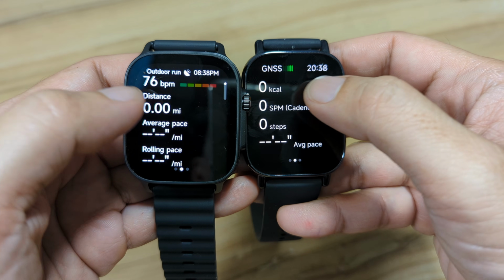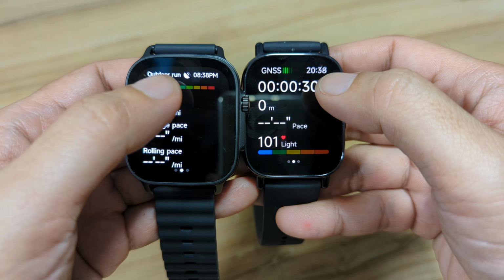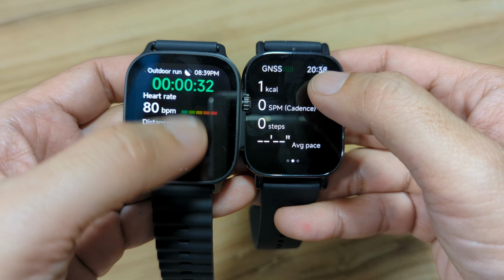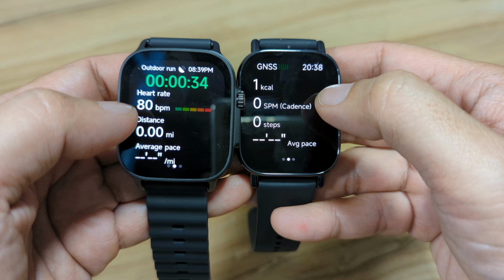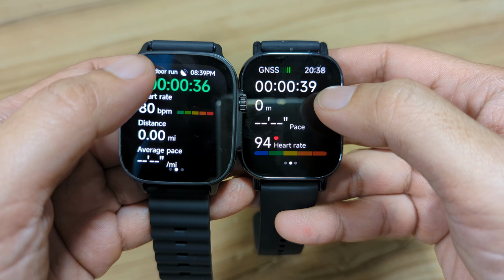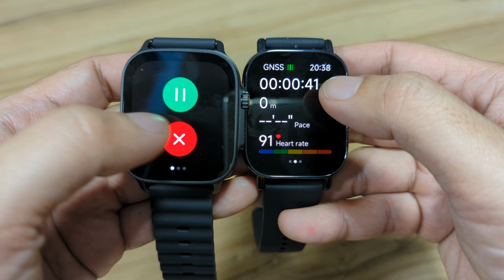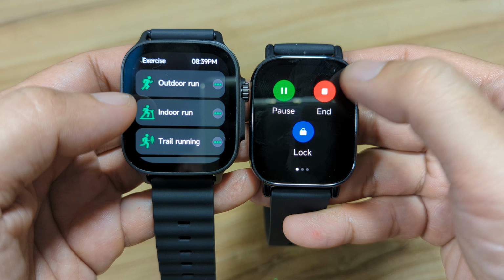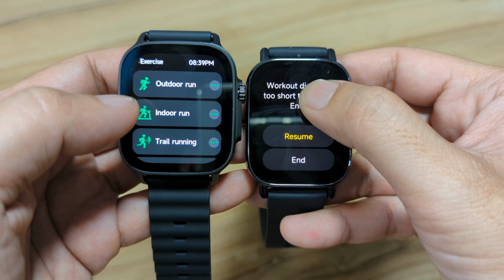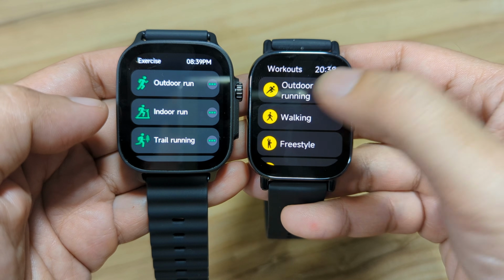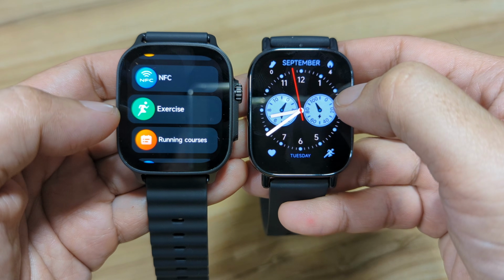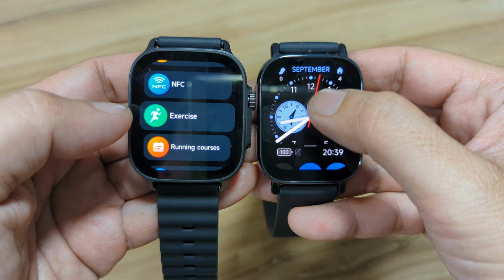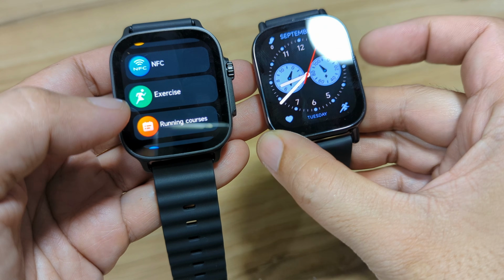But it seems like more information is available here for our Realme Watch 5 compared to the Redmi Watch 5 Lite. But for the number of sports, they almost have the same number of sports.